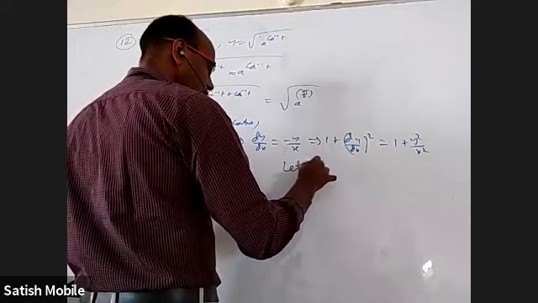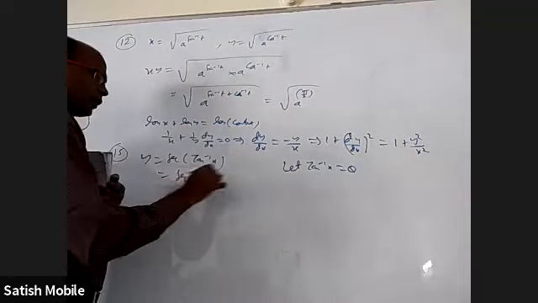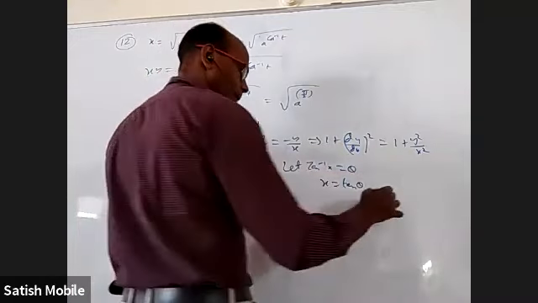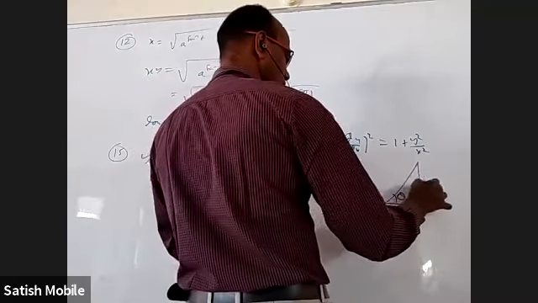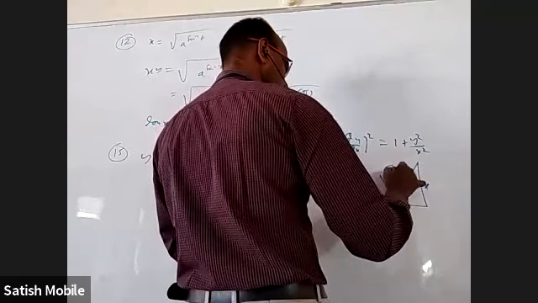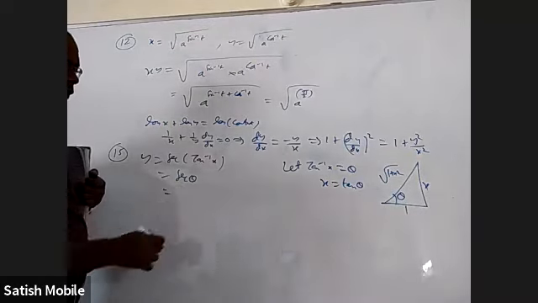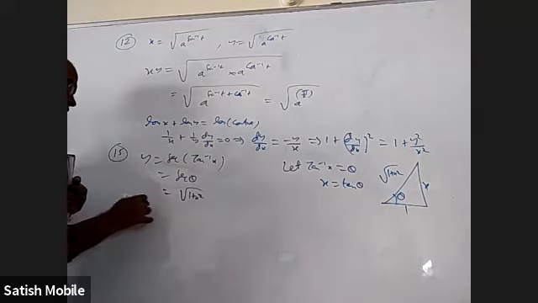Tan inverse can be written as sin inverse, cos inverse, tan inverse, anything also. Let tan inverse x is equal to theta. Then this is going to become secant theta. Send that side. We are going to get x is equal to tan theta. Now this is theta, this is x, this is 1, this is root 1 plus x square. From this figure, what is secant theta? Hypotenuse by adjacent side, which is root 1 plus x square. Now differentiation is very easy.